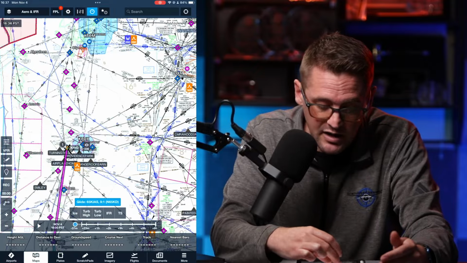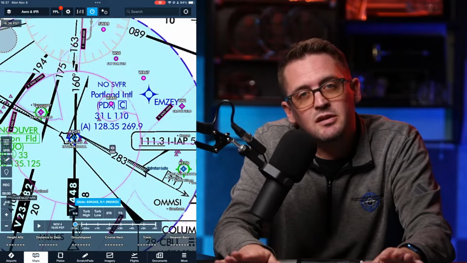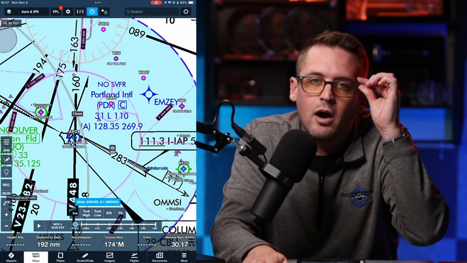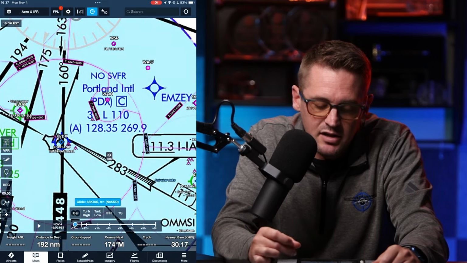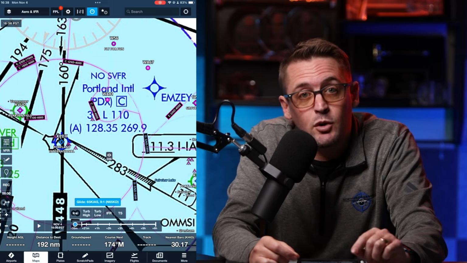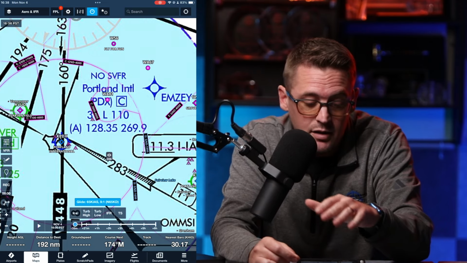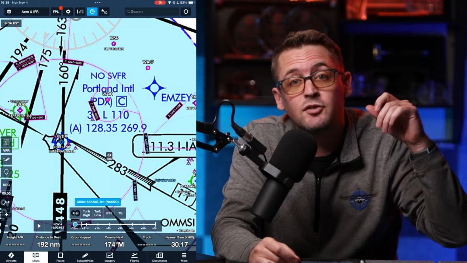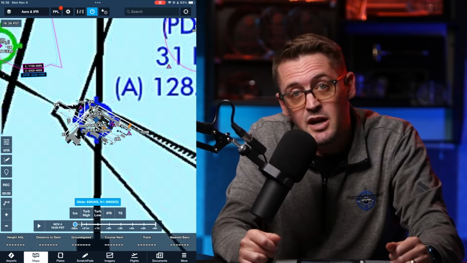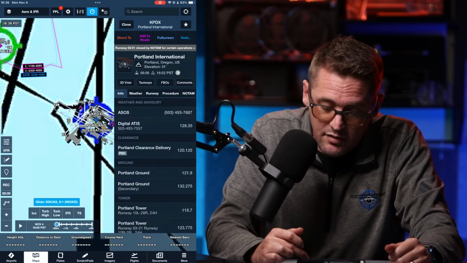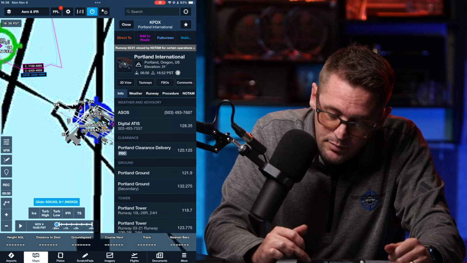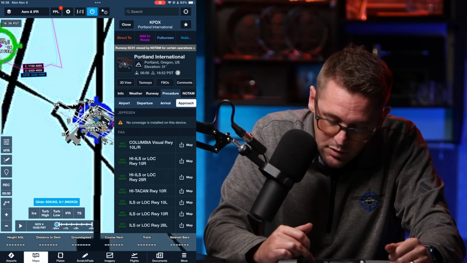Or at minimum 3,000 feet. And then the blue ones are kind of the weird ones. Not so much things you need to know about, but for instance, at PDX, it is blue. And that indicates that it has an approach procedure that comes in basically from a very high altitude. It's a high altitude approach procedure, and it's used for the military, not for GA flying or even the airlines necessarily, I don't believe. So if we look up PDX and we go to the approaches,